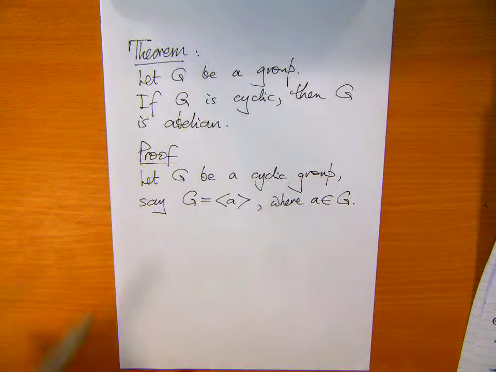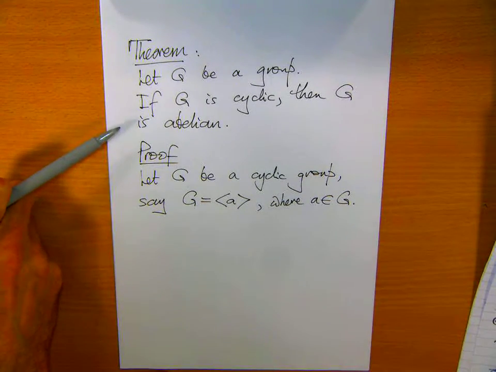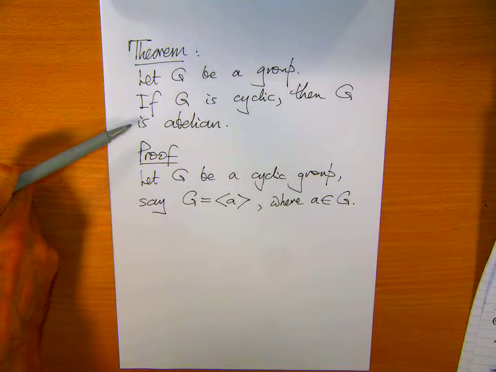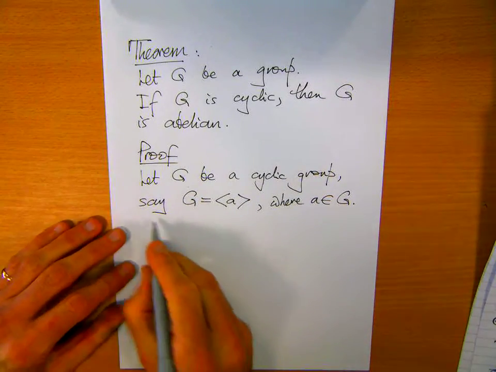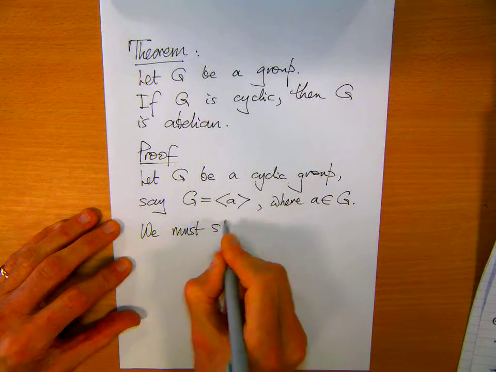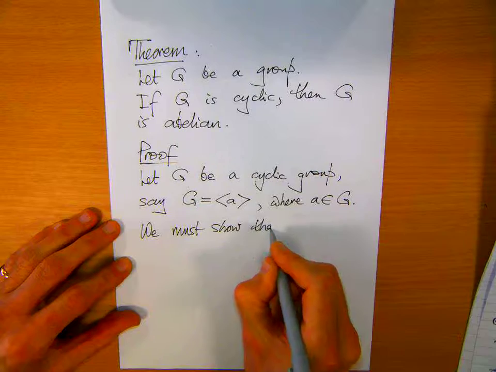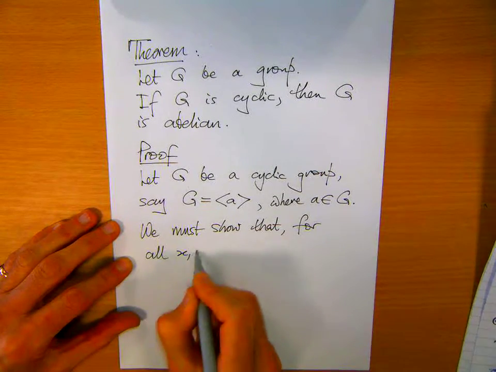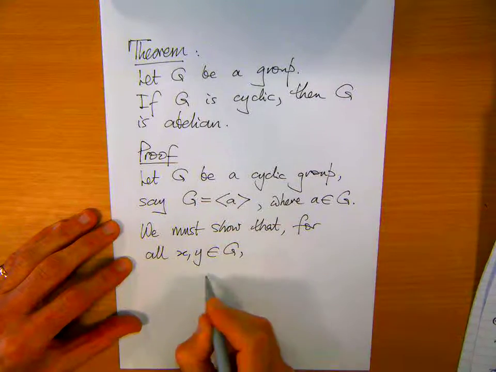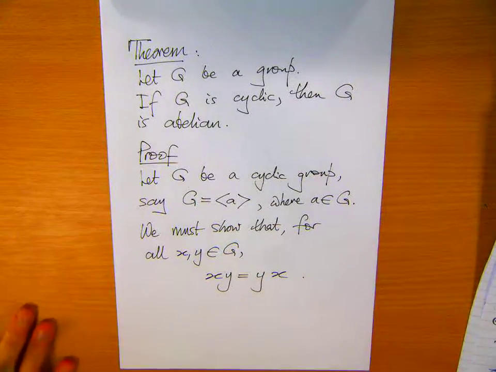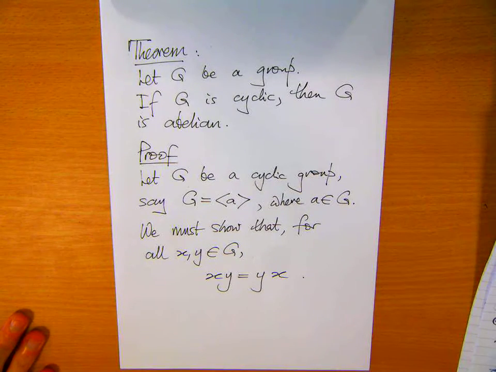And what do I have to prove? I've got to prove that G is abelian. What does abelian mean? It means that the underlying binary operation is commutative. So let's write down what we must show. We must show that for all x and y in G, xy is the same as yx. So I'm using multiplicative notation as usual when I'm talking